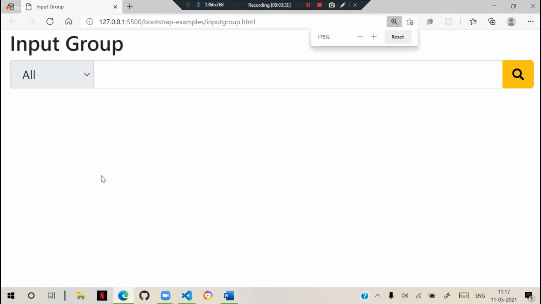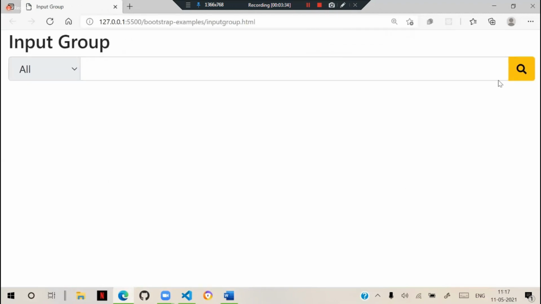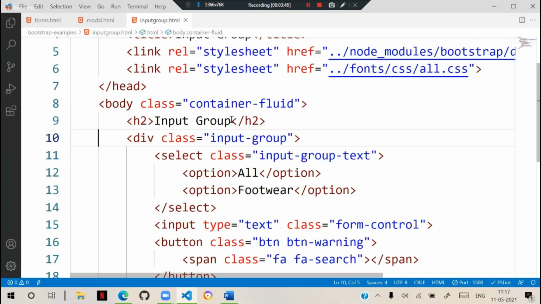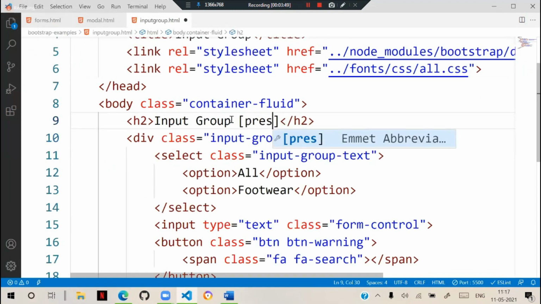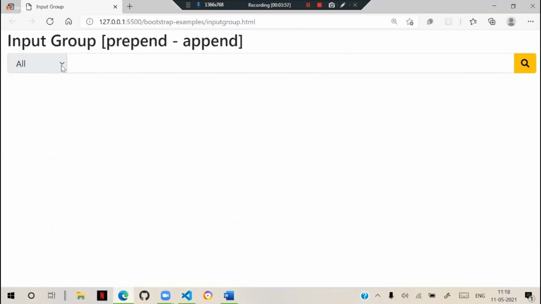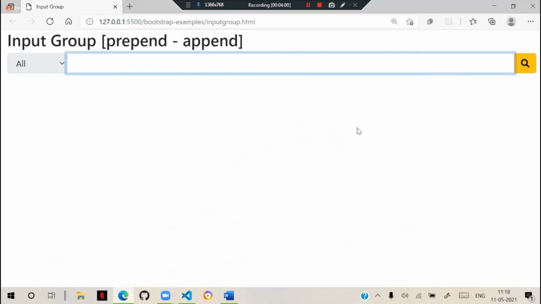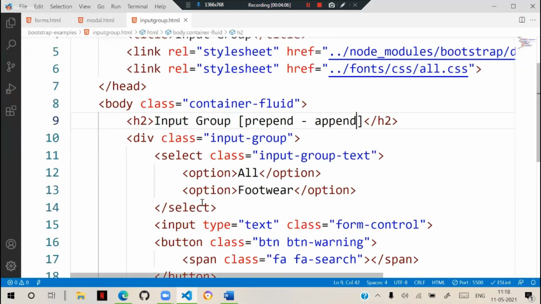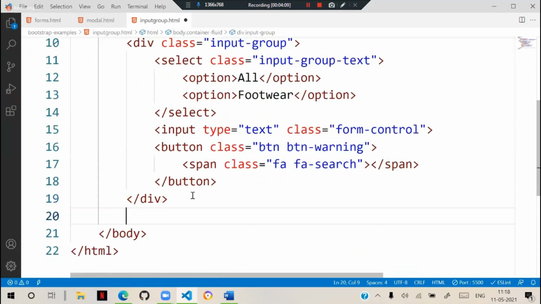Yeah, this is the input group. So with the left and right option, it can be only left, only right, like that. That means we call this mechanism prepend and append actually. Append means right side, prepend means left side. We have both sides attached. So that is prepend and append. So generally sometimes what you can do is, we can add here. So let's add a heading. It can be only append also.